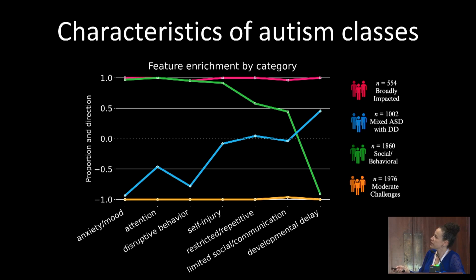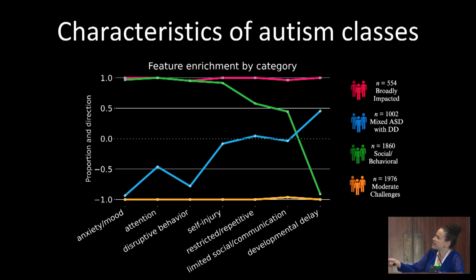I'll start with the green subclass. I'll start with the x-axis. On the x-axis are basically clustering of these 239 phenotypes that we used. We did not use this clustering for any analysis. This is purely to show you, instead of showing you 239 points. And our clinical psychology collaborators just grouped them into these 7 axes of anxiety, mood, all the way to developmental delay. So this is how these features mapped.